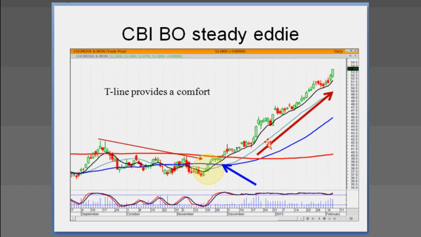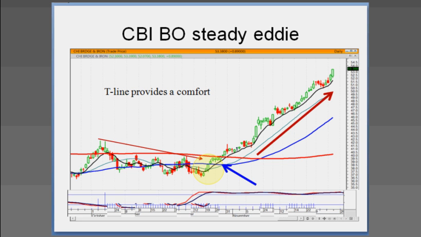I don't want to have to be watching to see if every signal is going to be a reversal and taking profits and then getting back in. If we just add a simple indicator like the T-line to our strong signals, that just keeps us in positions that we should stay in until we see that candlestick sell signal and a close below the T-line.